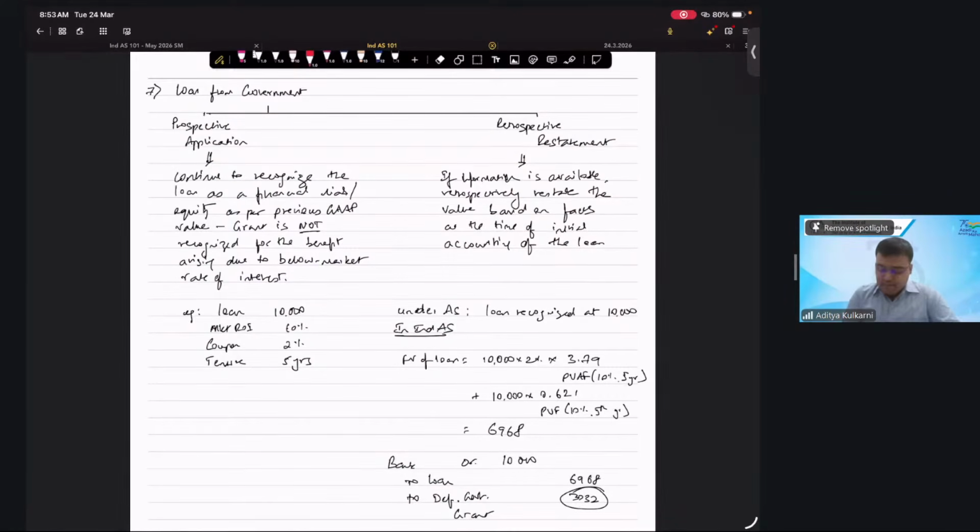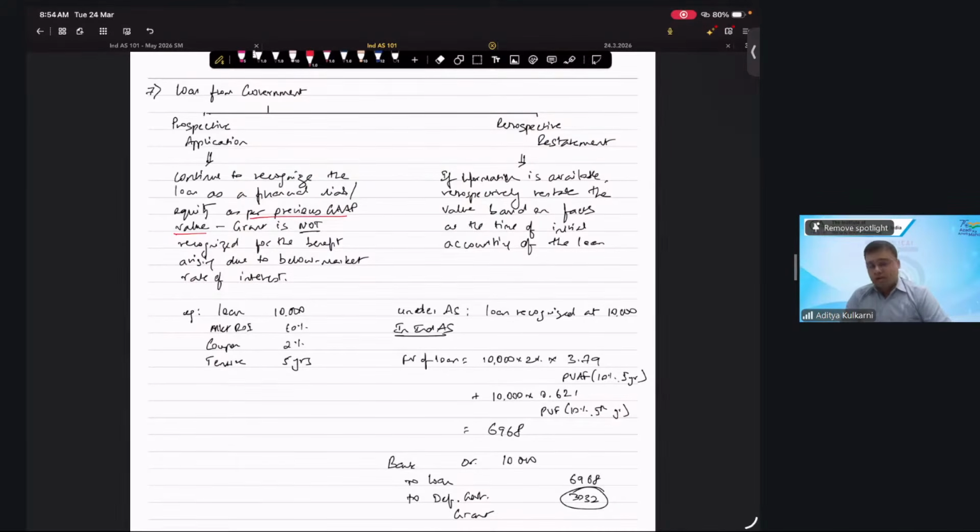So in prospective application, you will continue to recognize the loan as a financial liability or equity as per previous GAAP value. Do not make any other adjustment. Just take the previous GAAP value, and a grant is not recognized for the benefit arising due to the below market rate of interest. So that is prospective application. Retrospective application means you will have to go back in time, determine the market rate of the loan on the date it was advanced, and then you will have to